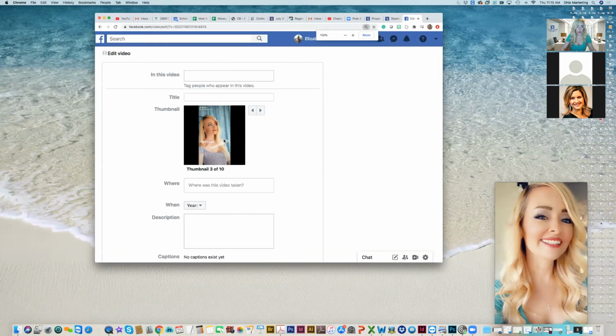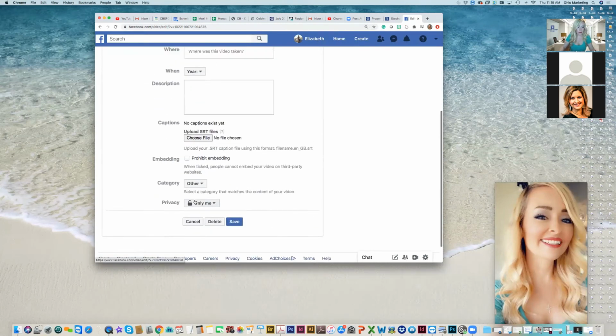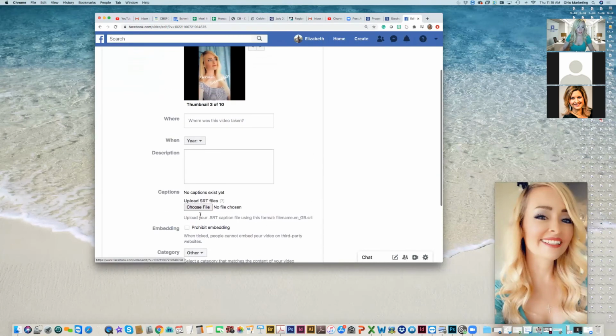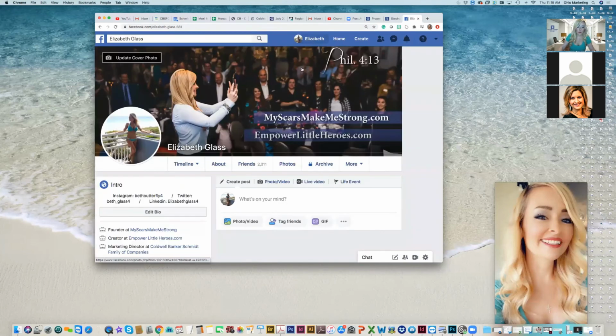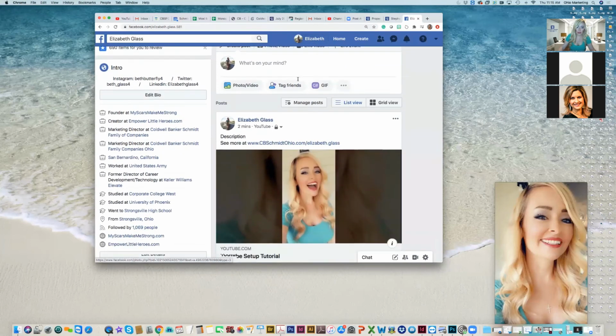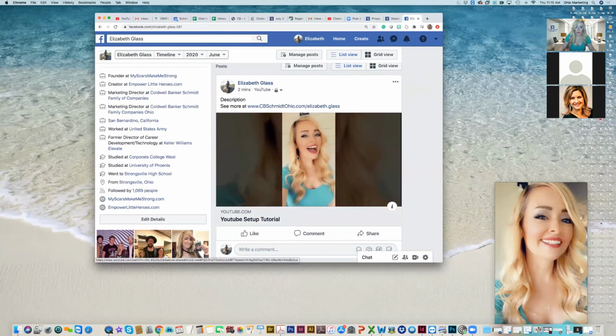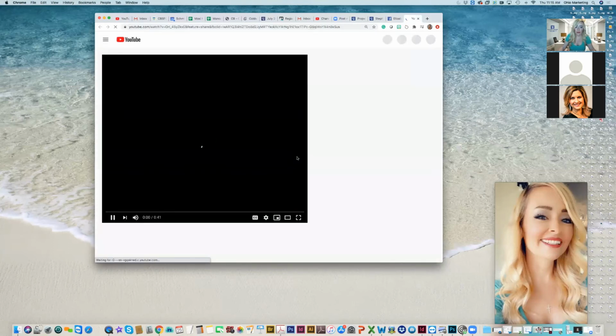And now I can change my tags, my description, where it's taken, but I can also come here and change the thumbnail. They choose it for you on Facebook. You cannot upload unless it's a business account. On a business account, you can upload your own photo. Personally, you cannot, but you're just simply going to choose what background you're going to use, and then you're going to hit save, and that's it. So that's how to get it to your channel, from your channel to your Facebook page, which is super relevant. But I'm going to go ahead and now show you how it is implemented. Clicking right on it, it's now taking me to the video.